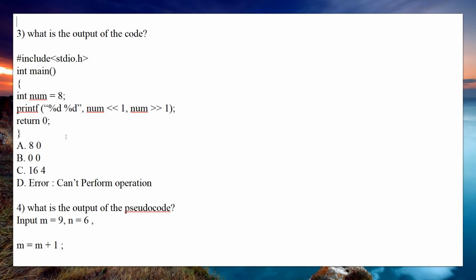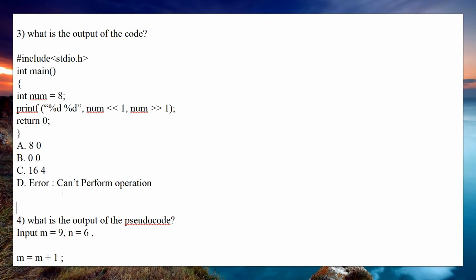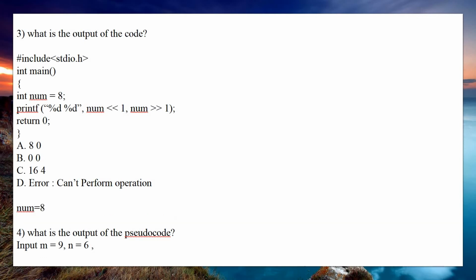So initially the value of num is 8. Left shift is an operator which takes two numbers, and you shift the bits of the first operand to the left, and similarly in the right shift also you do the same. So here the value given is only 1, that is num is equal to 8. While performing the left shift or right shift operator, first you need to convert it to binary. So write 8 in binary form.